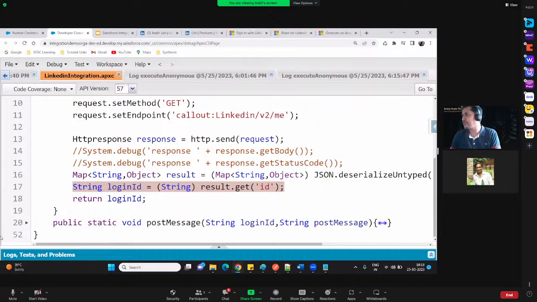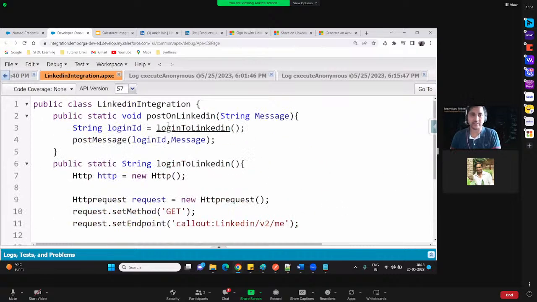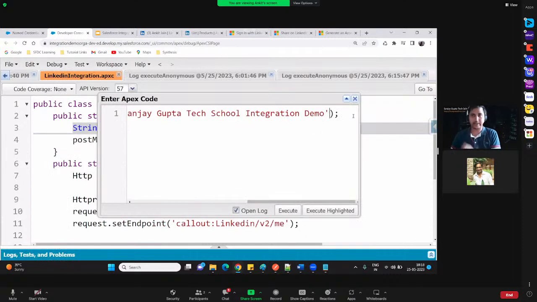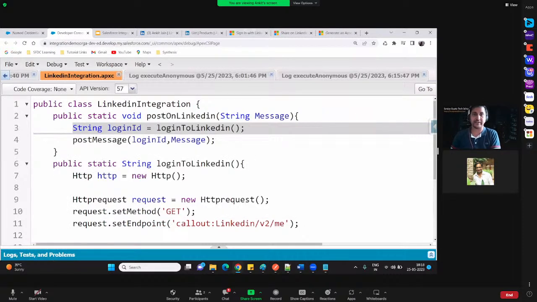Madhu Mohan asked another question. What was the method post on LinkedIn and what is the use of it? So this method we have created kind of a parent method, Madhu Mohan, which is internally calling two other methods one after the other. As we have to set the sequence, rather than you go and call these methods one by one from the anonymous window, what I have done here is I have created the parent method, and my parent method is taking care of calling two other methods here.